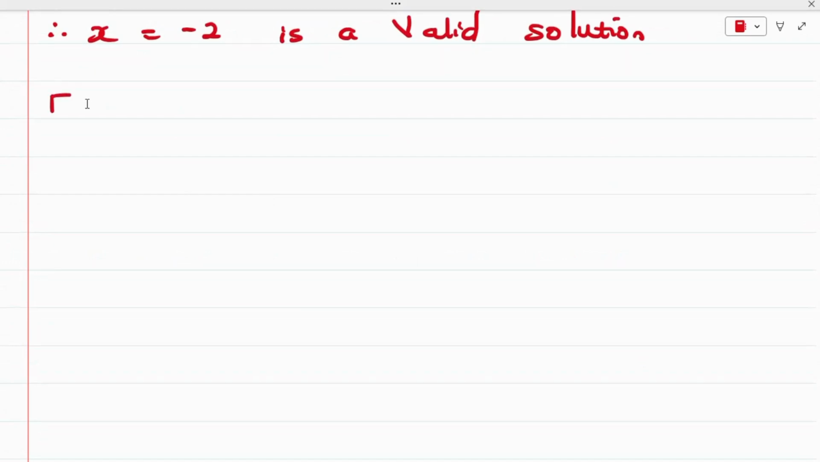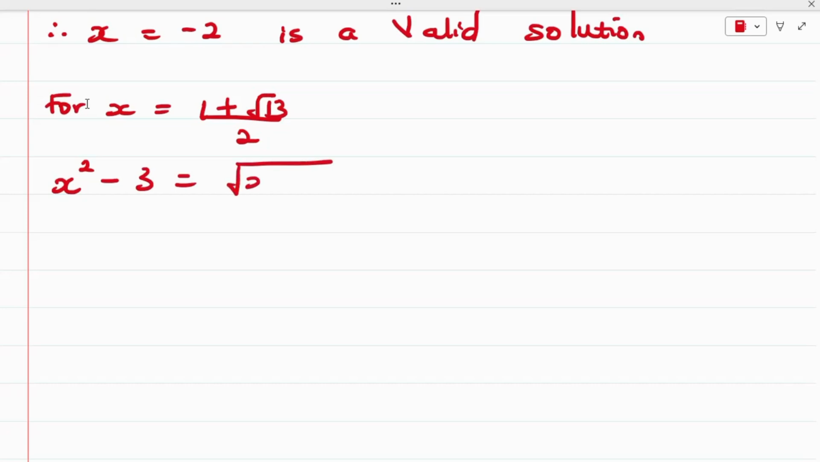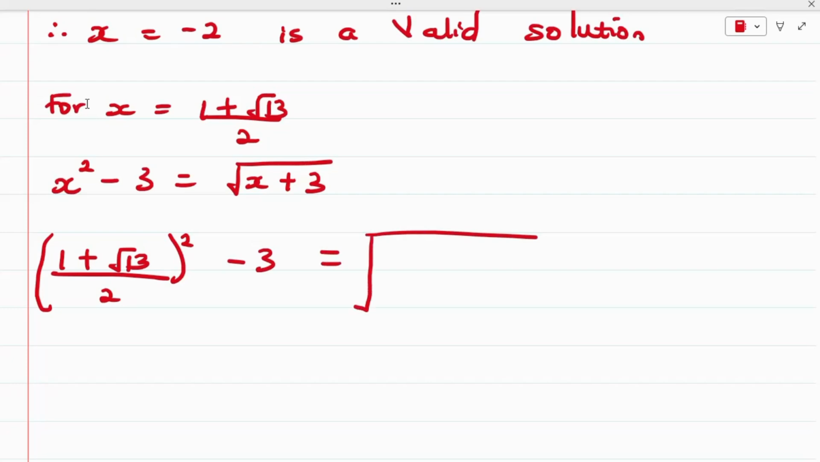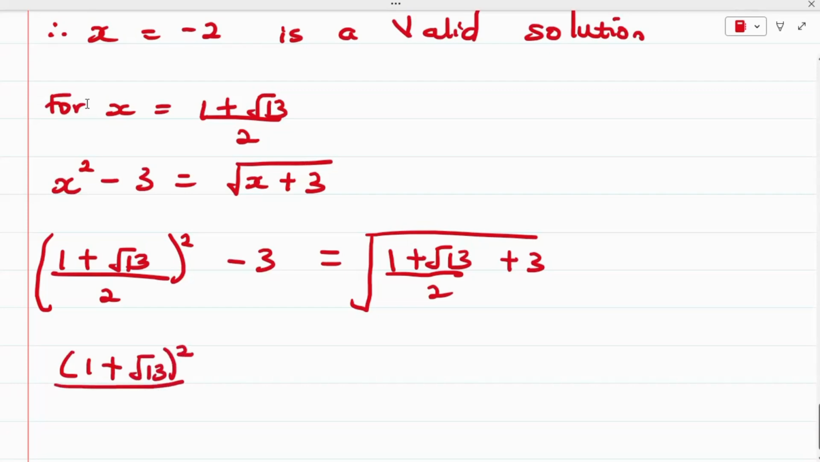So we're going to say for x equals 1 plus root 13 over 2, we have the original equation x squared minus 3, which is equal to the square root of x plus 3. Okay, so putting this in, we have 1 plus the square root of 13 over 2 all squared minus 3 is equal to the square root of x, which is 1 plus root 13 over 2, plus 3. So we can easily express this as 1 plus the root of 13 all squared. Now 2 squared is given to us as 4, minus 3 is equal to the square root of,